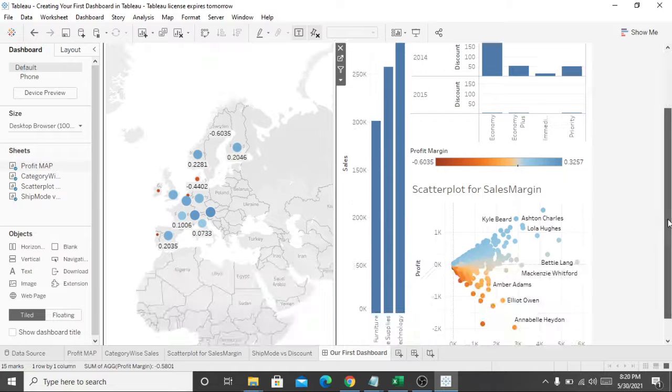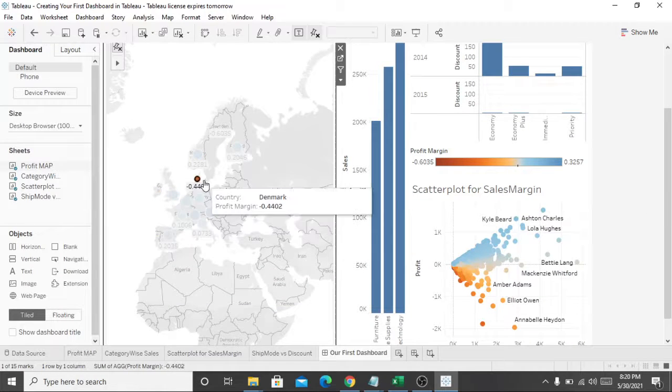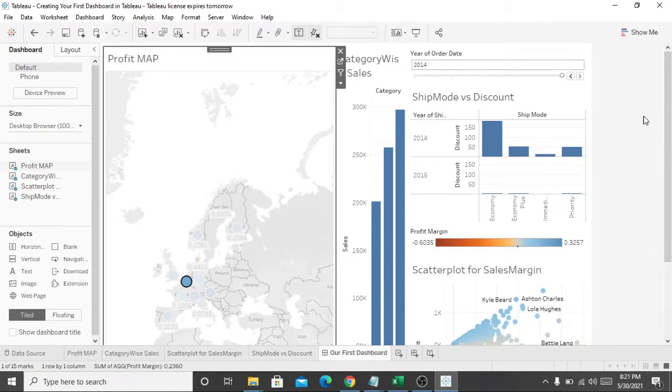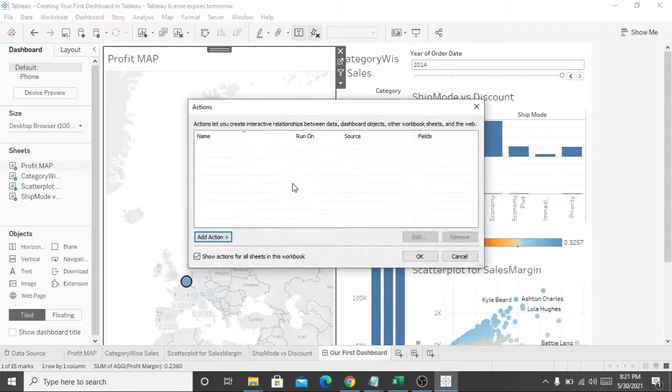And now you can see you can't see any changes in any graph, scatter plot for sales, or map or anything, because we have removed the actionable filter. If you want to add it manually, you can go to the option Add Action,